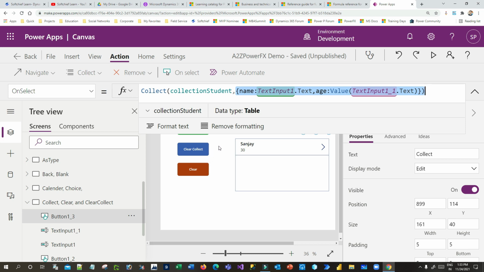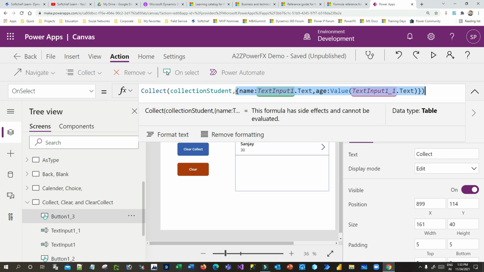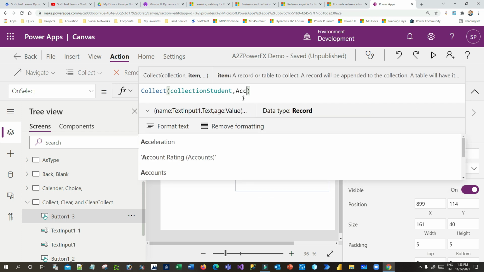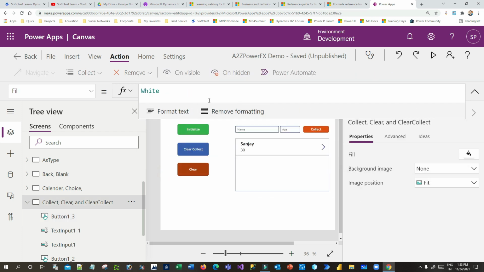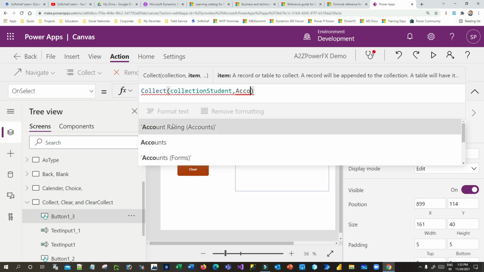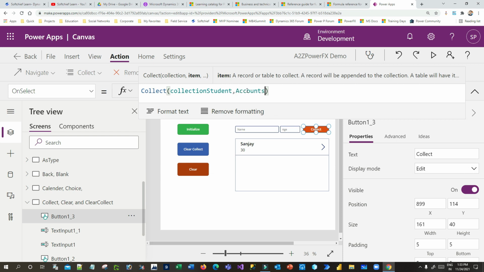Next, if you want to connect any Dataverse table, you can directly pull it here. Instead of this, you can just write Account, for example. Now it will collect the account record information or account record items in this collection.